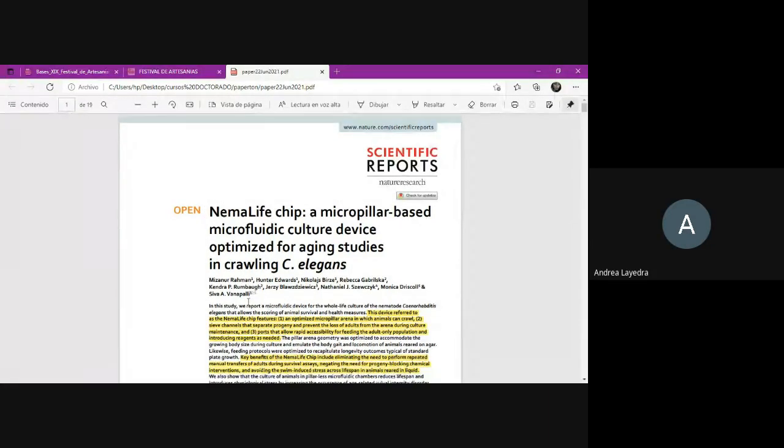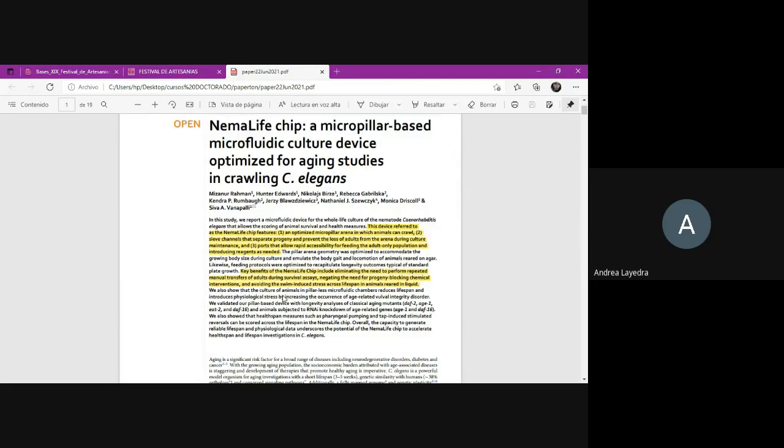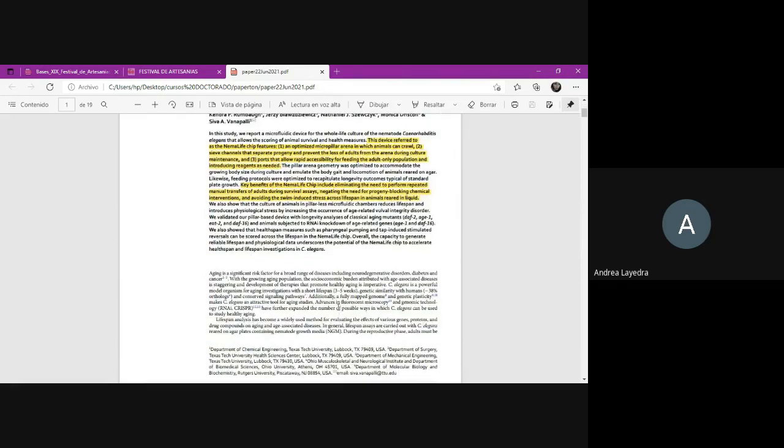Good morning, everyone. I will be talking about this paper called NemaLife chip, a micropillar-based microfluidic culture device optimized for aging studies in crawling C. elegans. This study shows the microfluidic device that features an optimized micropillar lattice in which worms can crawl,